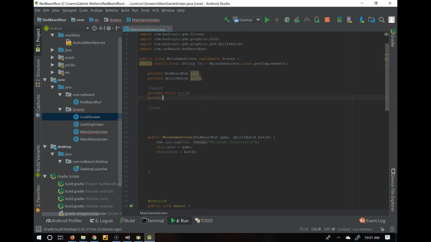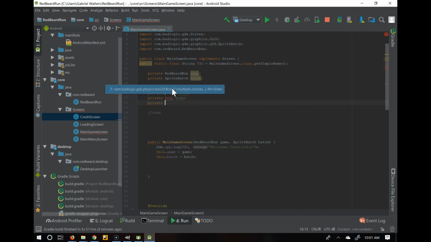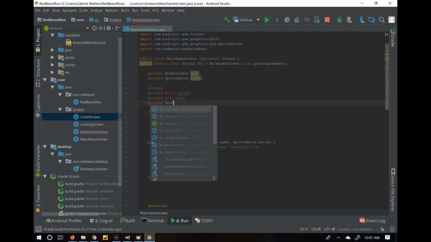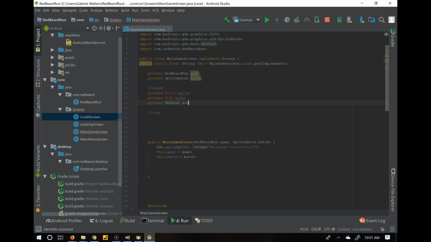We're going to need a body, and let's have a vector 2, and that's going to be our gravitational forces. Let's see, set everything that we need: a world, a body, a gravitational force,